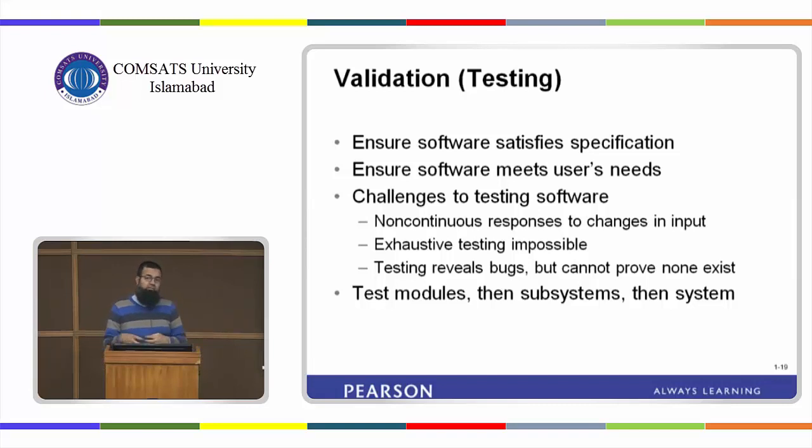Testing: there are different stages of testing, like unit testing. Unit testing means you have just the individual module. So there are different levels of testing. Unit testing means you have a piece of code, just one module, and you are going to test it. Then next level is subsystem, which is the collection or combination of different modules, and ultimately the system testing, that is the whole system.